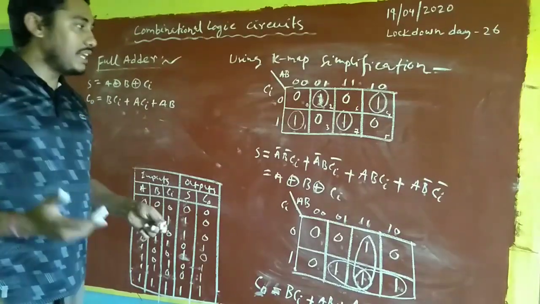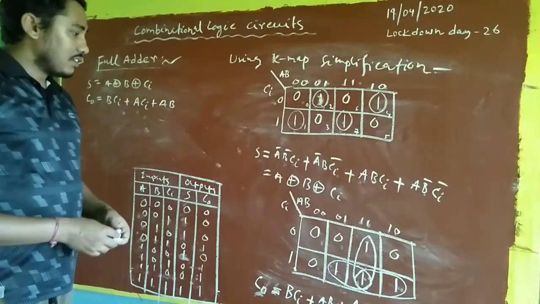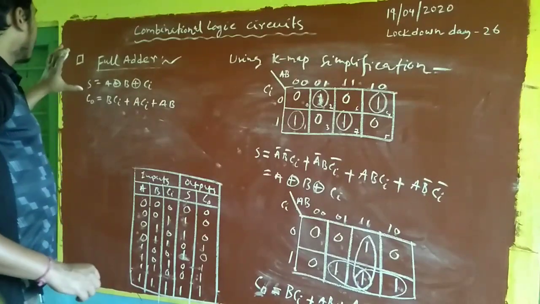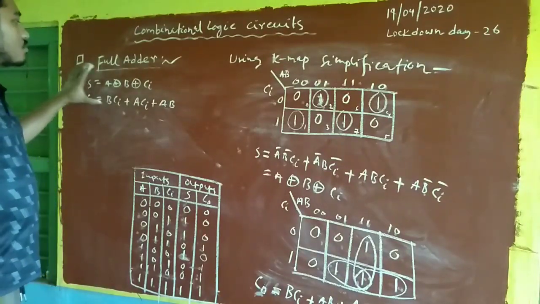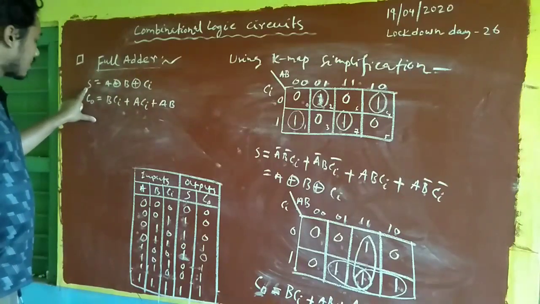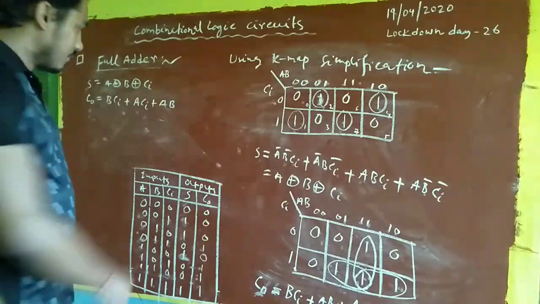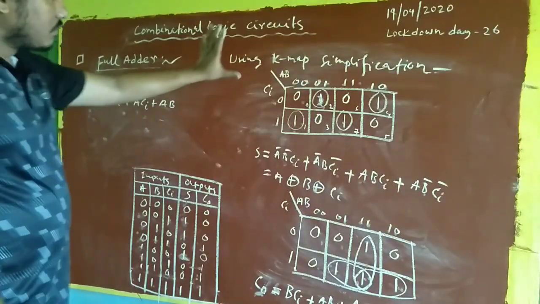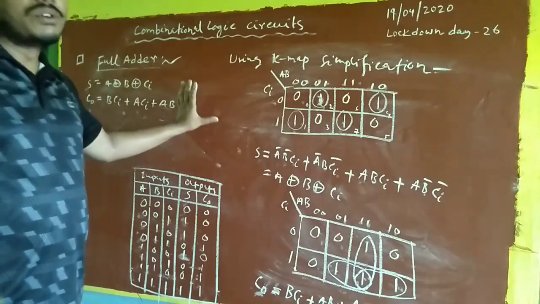So we can follow any one of these two methods for the simplification purpose. Now finally for the full adder we got these two expressions for the two outputs. One is for sum, another is for C out, carry out. Now after simplification we need to design